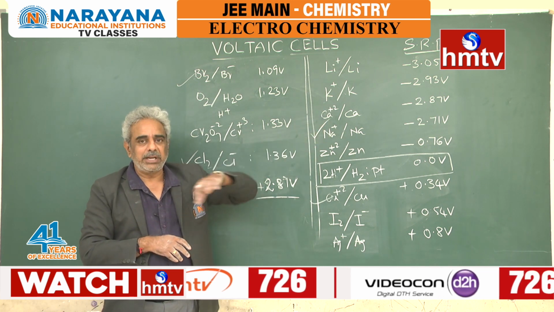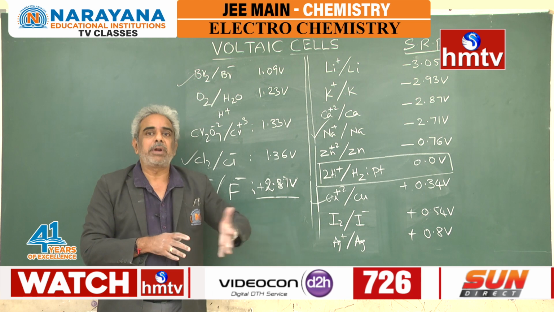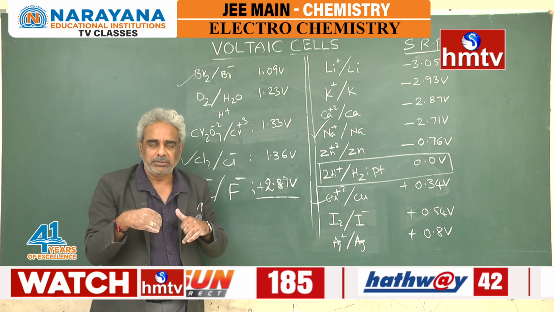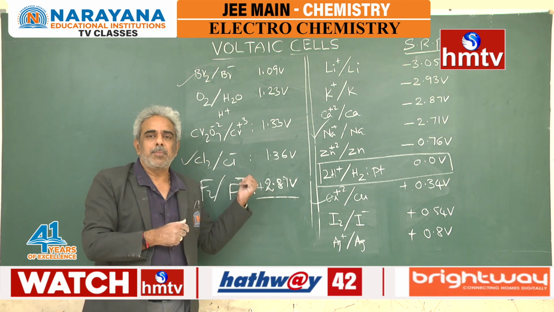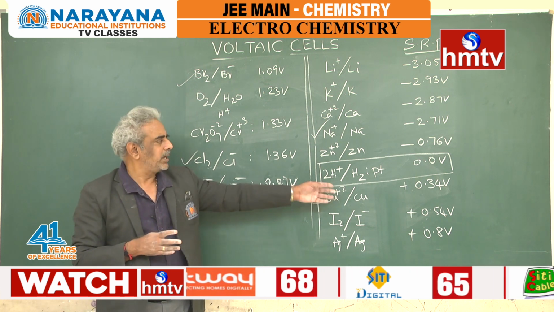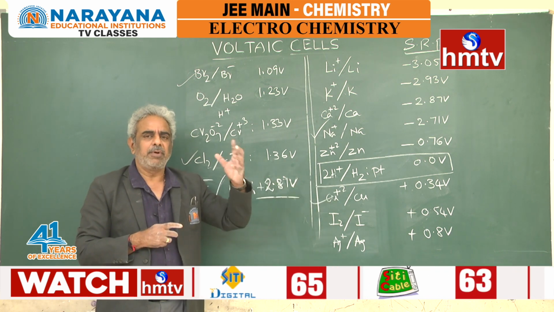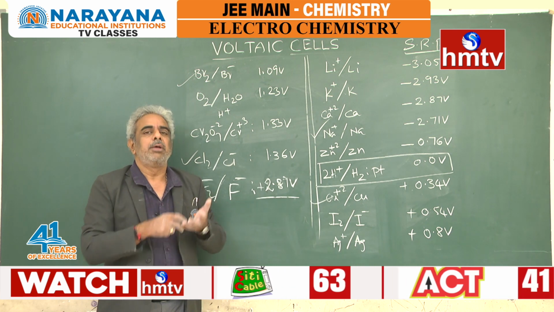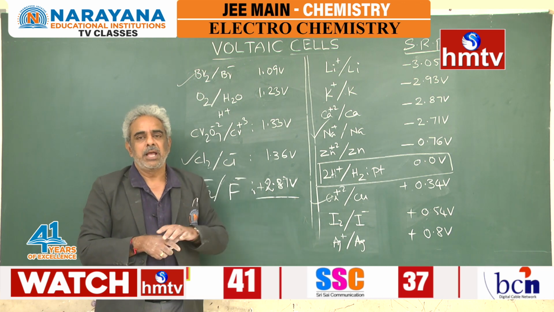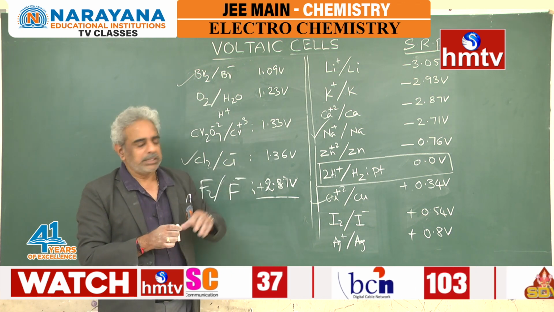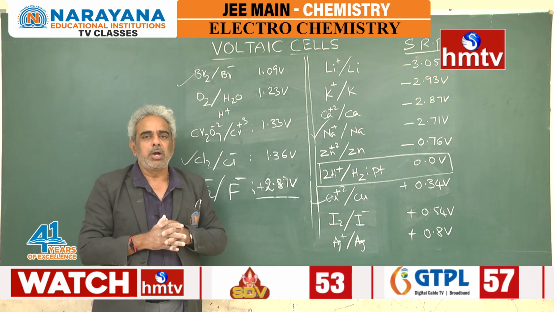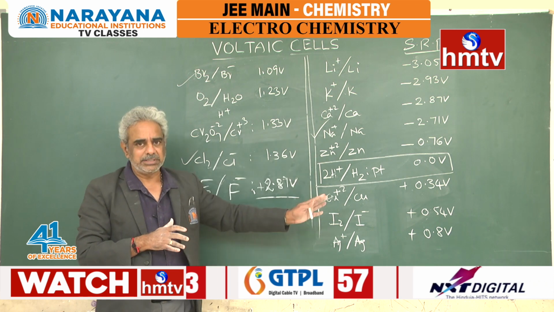For a metal, the reactivity is based on its lower reduction potential. A metal with lower reduction potential is more active. A non-metal with greater reduction potential is more active. And you can select any two electrodes. The one with more electrode reduction potential will act as cathode and the one with less reduction potential will act as anode. So these are the common features we can conclude out of the electrochemical series,